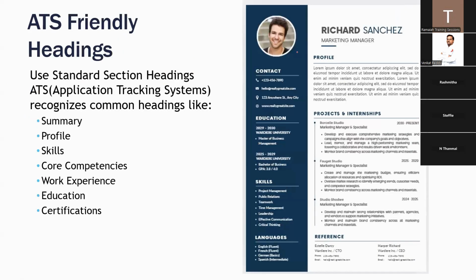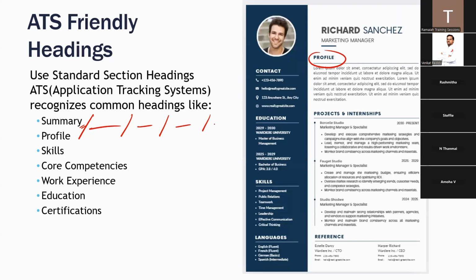First of all, on your CV, let us suppose you have applied for a job. On your CV, there must be some standard headings. Use standard section headings. So anybody can write, let's say, profile summary or summary. But instead of that, if you write any other term, maybe the ATS may not be aware of that. They may mean the same thing, summary or my objective or overall or what my experience is. Like that, you have written a different word. Still, that is accurate in terms of it is just a synonym of the summary, but try to